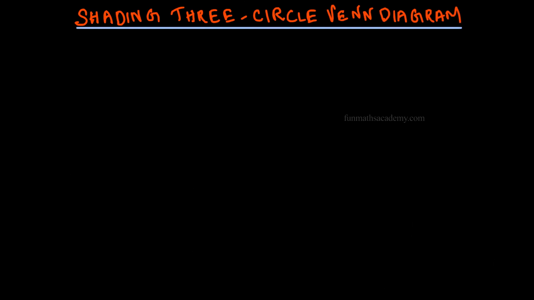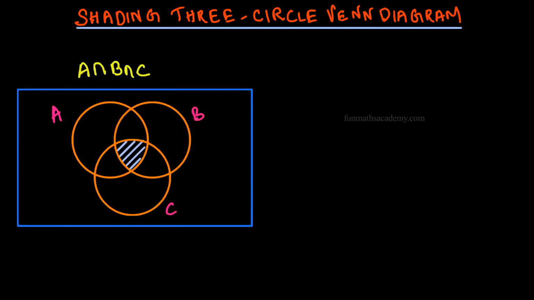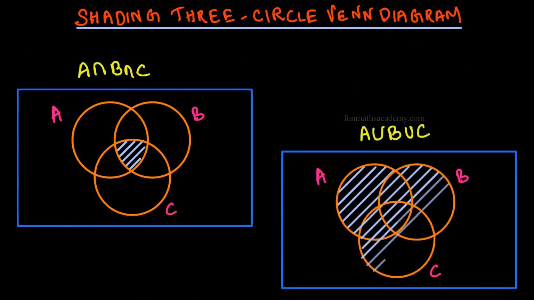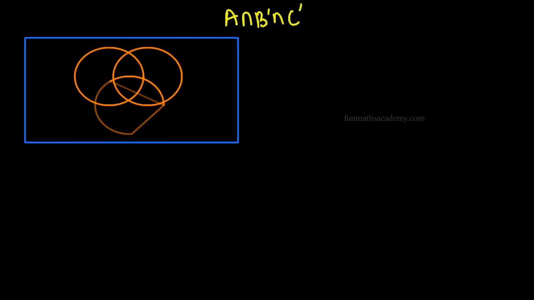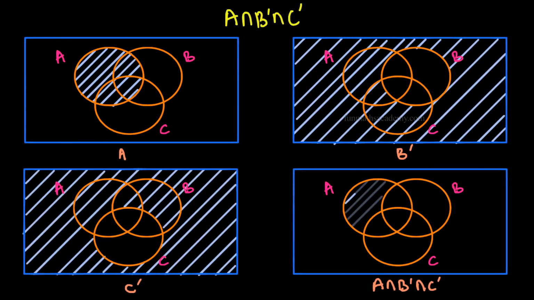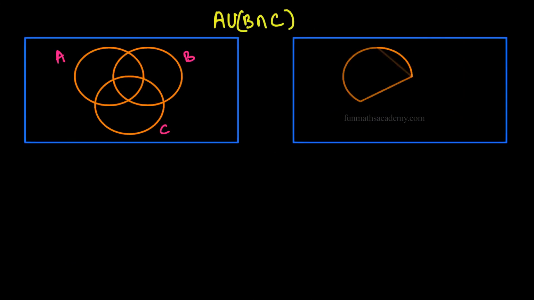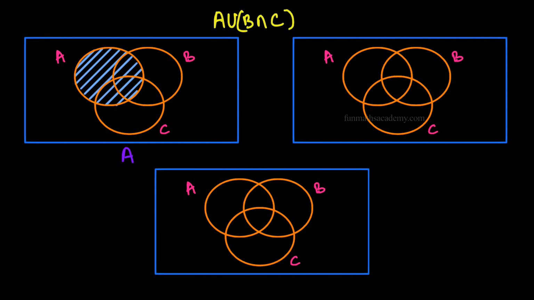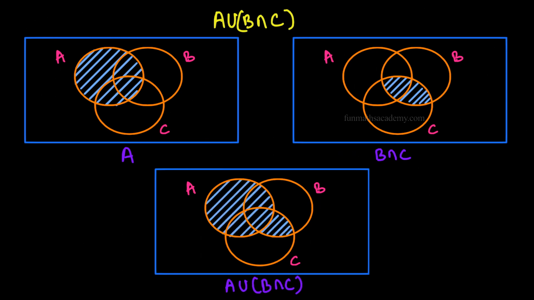Likewise, we can draw Venn diagrams for 3 sets. That is, we can find A intersection B intersection C and A union B union C. Why don't you pause the video wherever needed and verify the diagram for yourselves? First, A intersection B complement intersection C complement. Second, A union B intersection C. Since values inside braces are given priority, first shade B intersection C and then combine it with A.